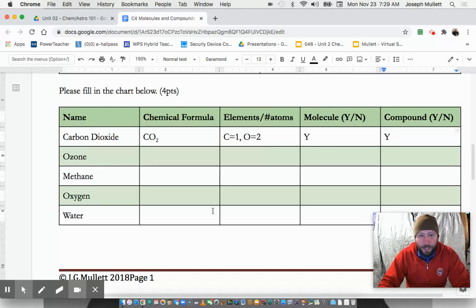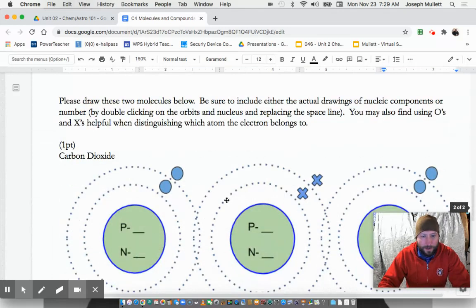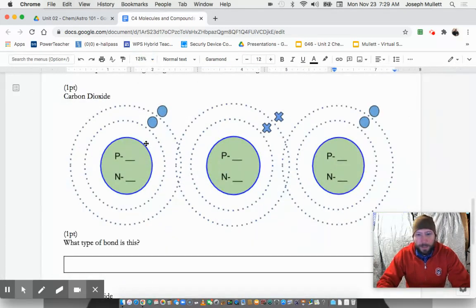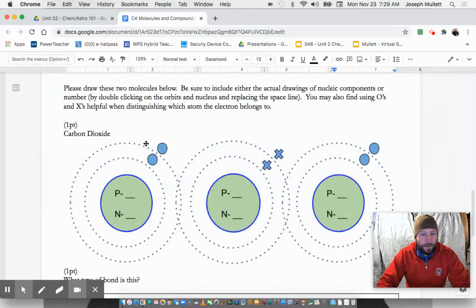All right, now once you get your whole chart done there, you're going to scroll on down to the bottom part here. And it's asking you, and I do apologize, it's asking you to identify not only what type of bond brings these elements together, now this is carbon dioxide again, but also to adjust where the electrons are. Now, carbon dioxide, I know that carbon is, let's see, carbon is 1, 2,